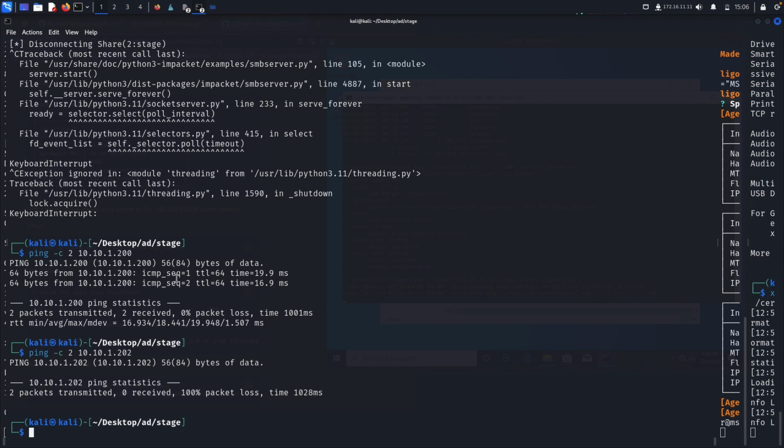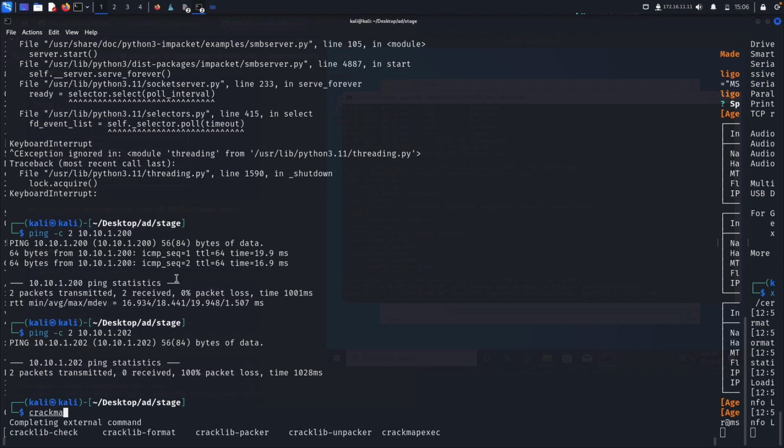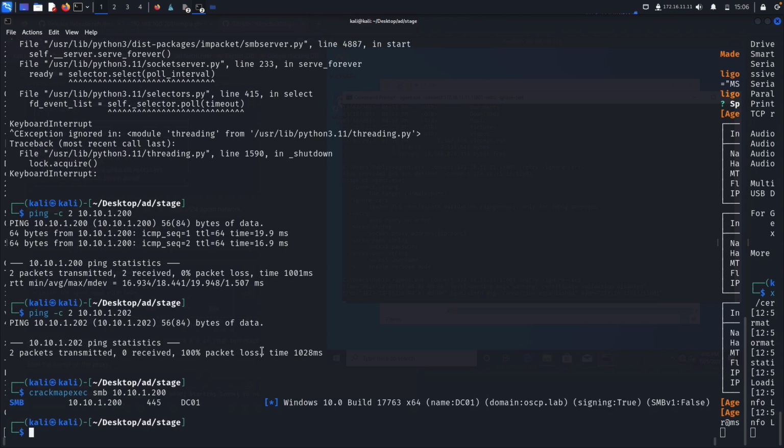One, we can do the Nmap scan, but a really quick way is, odds are it's going to have SMB open. So if we just run CrackMapExec SMB against 10.10.1.200 without any credentials to try, it'll just profile it, and it immediately comes back with Windows 10 build, which obviously is not accurate. It's a server, but we can see the hostname is DC01. Here's the domain, oscp.lab. So we at least can confirm, because thankfully, domain controllers have to have SMB open, or do by default. We immediately get a profile and can verify